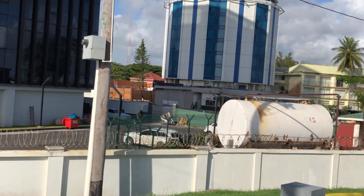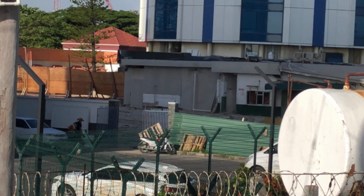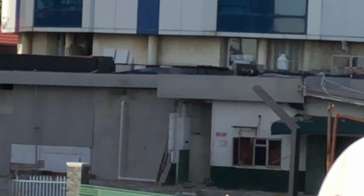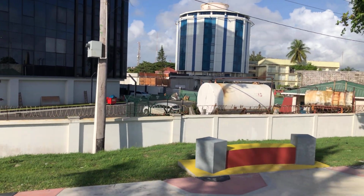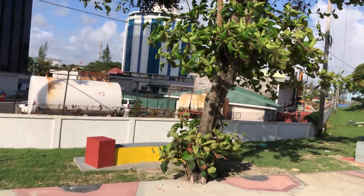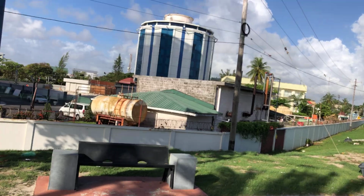So this is the space between the two buildings. And what the theory is now is that they're going to put another building. And what I'm saying is they're going to have to tear down this end of the building, which apparently they've already done. They're going to demolish that end of the building to create space to build a new tower, a new 12-story tower. So yes, in fact, they're going to put that 12-story tower in exactly the same location where the